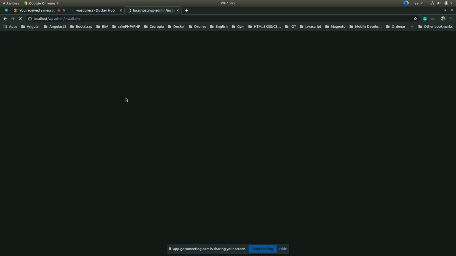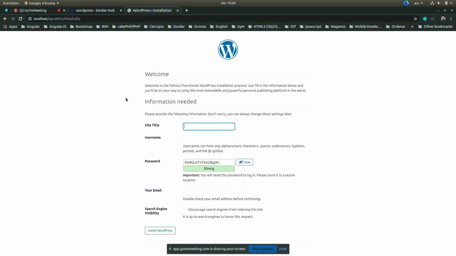we see the WordPress installation screen displayed. We didn't set any configuration in the wp-config file. We didn't create the salt instructions or any configuration. We didn't even type any code to configure WordPress to connect to the database.